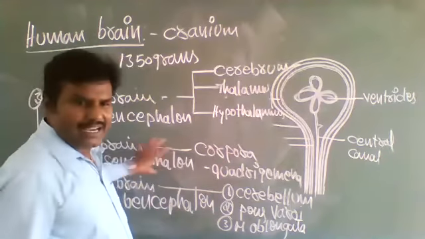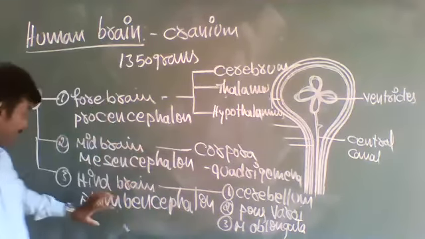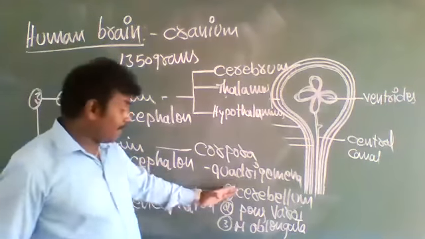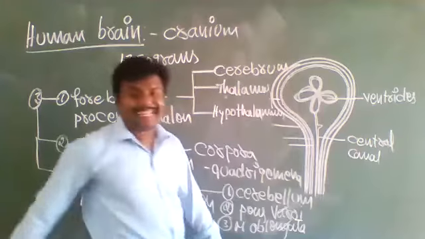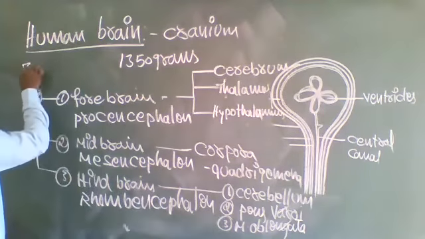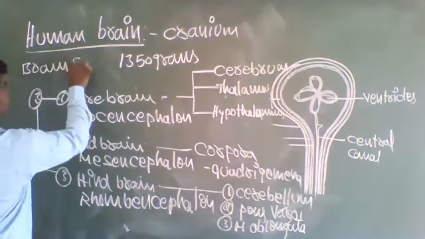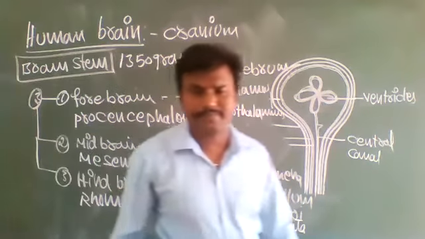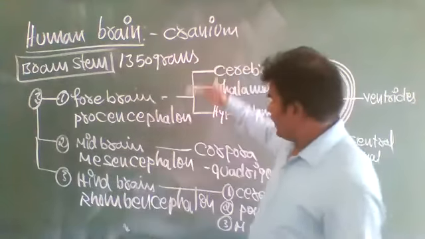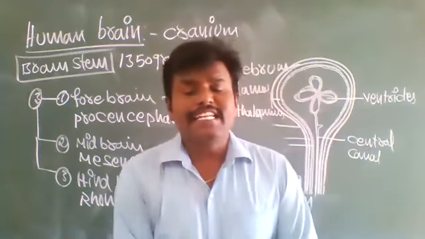Corpora quadrigemina is midbrain, mesencephalon. Hindbrain, rhombencephalon, consists of cerebellum, pons, and medulla oblongata. Pons and medulla oblongata are collectively called the brainstem. Okay, so this is the introductory part of the